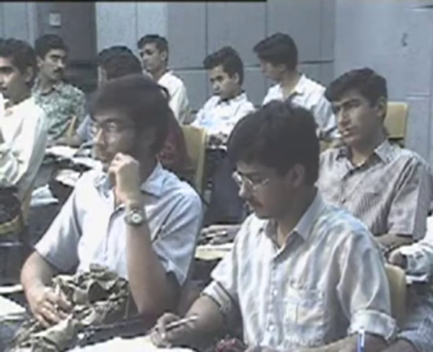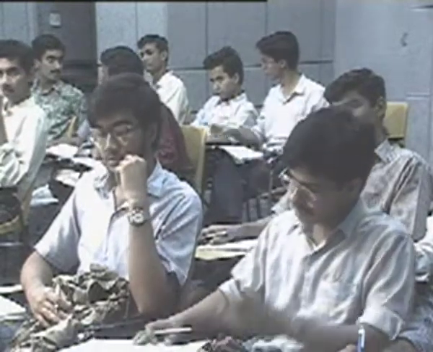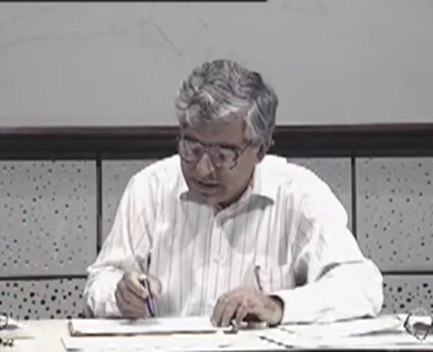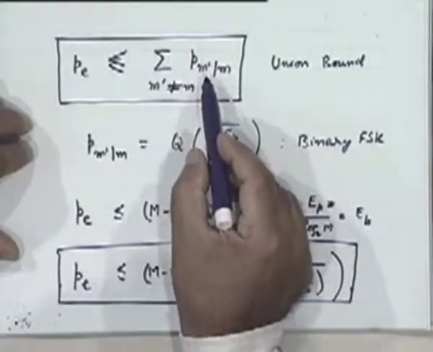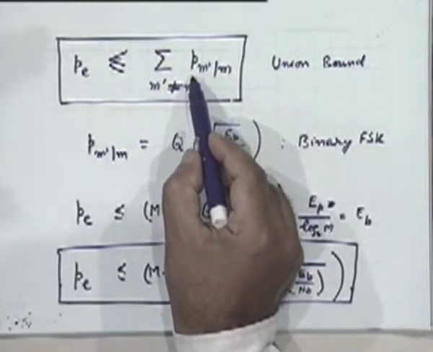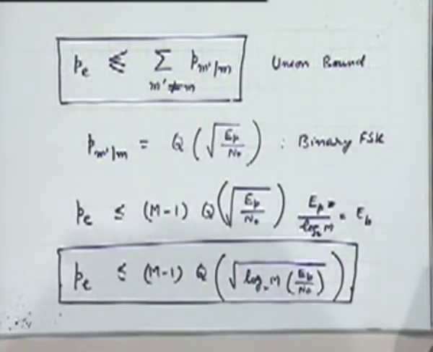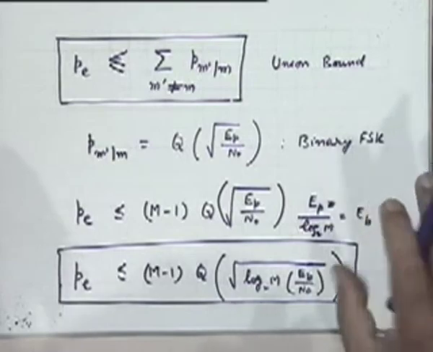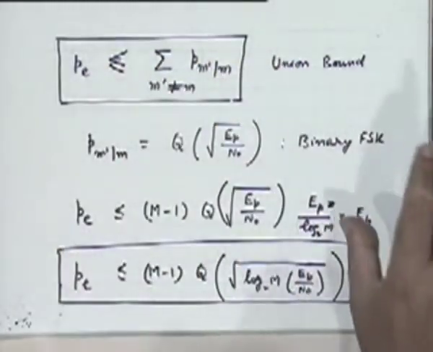Yes. Every signal has the same energy E sub P, right? Orthogonal waveforms. We are considering only a pair of orthogonal waveforms now, which is what the binary modulation scheme is, right? So there is no difference; basically this becomes a pairwise calculation. M was transmitted, but M prime was taken to be larger, gave the larger output. This is the only event we are considering, and if you just look at this event, that's precisely as if you are only looking at binary FSK or binary orthogonal signaling. Okay?